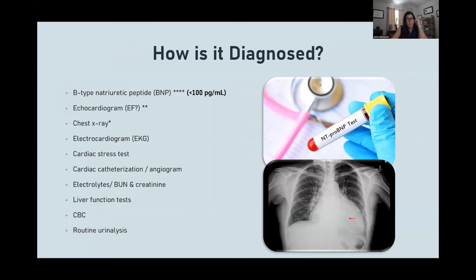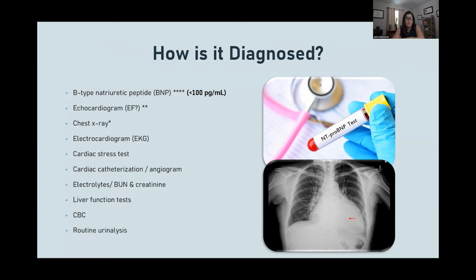There are different diagnostics that we can do, not necessarily to diagnose it, but also to see the degree of how bad it is or what potential could be the cause of it or what led to it. With big stars, I want you to remember that B-type natriuretic peptide, or BNP, is the hallmark lab diagnostic that we can use to diagnose heart